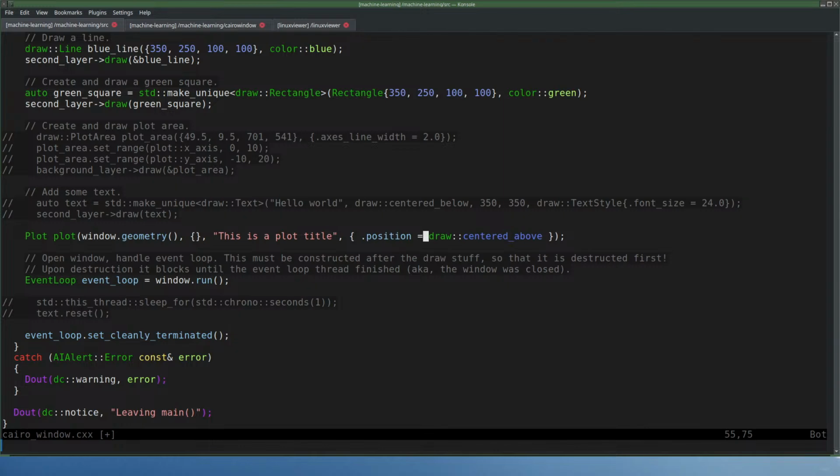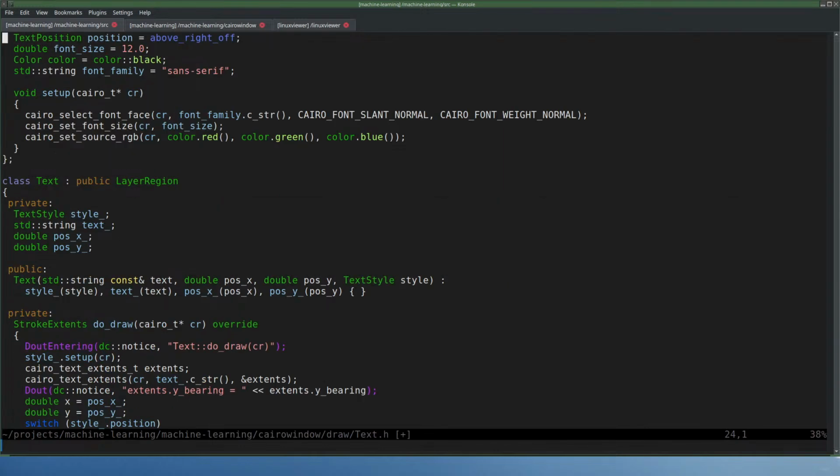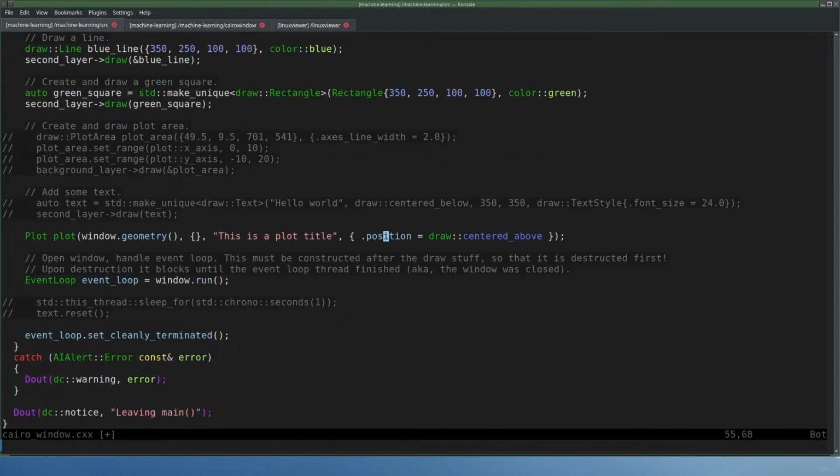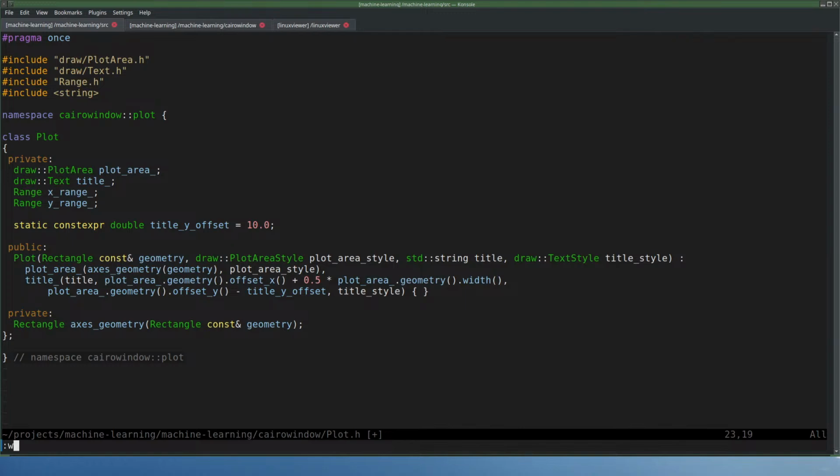I don't know, man. This is good. Position is a text style. Let's use the default for the rest now, and then yeah, okay. If it compiles, then